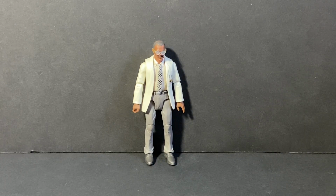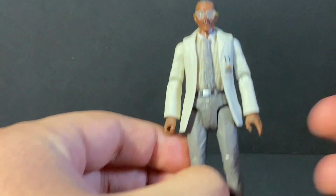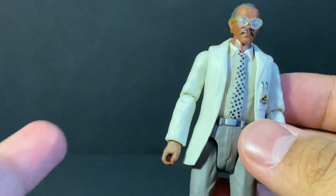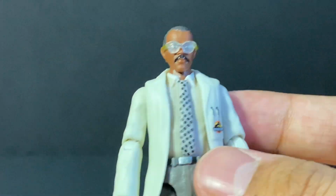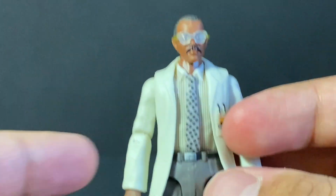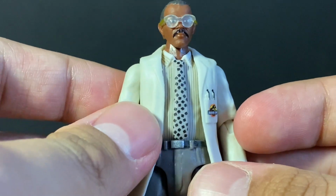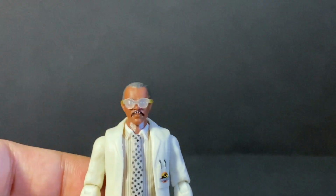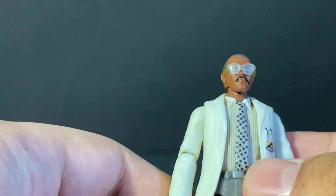Alright, so here we have Ray Arnold out of the box. Very nice figure overall. Super exciting to have this character in Jurassic Park action figure form because this guy has never been made into a figure at all. I mean, except for those Mattel Creations figures that came out like a couple years ago, I believe. And then the Amber Collection. But other than those, with Kenner or even Hasbro, they never made a Ray Arnold figure,